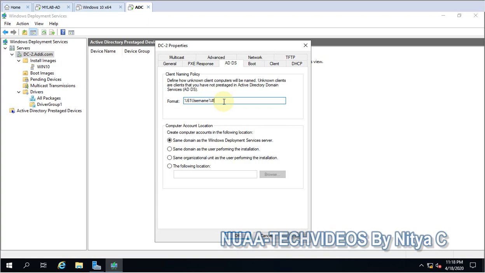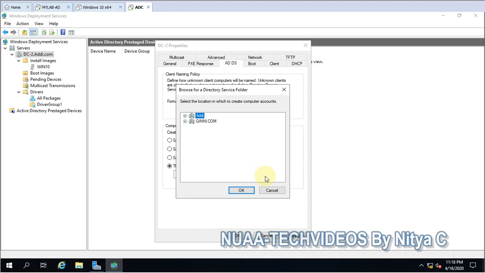So this is for that. And here you have to define the location. You can see I have two domains, so I will go with this, but the default will be the computers container, and you can choose any in your infra.